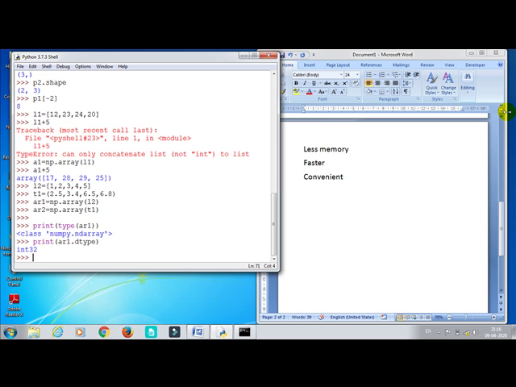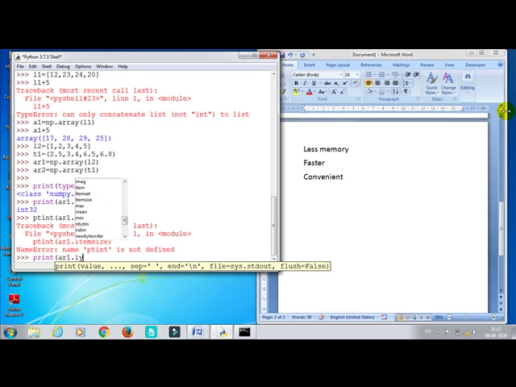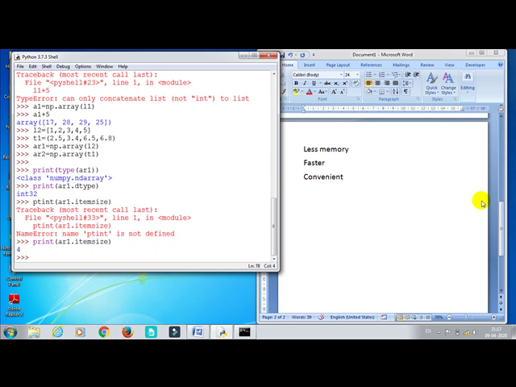So this is int32. Now similarly I will write print(AR1.itemsize). The itemsize is giving an error. Let me see. Oh, the spelling is wrong. print(AR1.itemsize). You can select itemsize from here also. So the item size is 4.